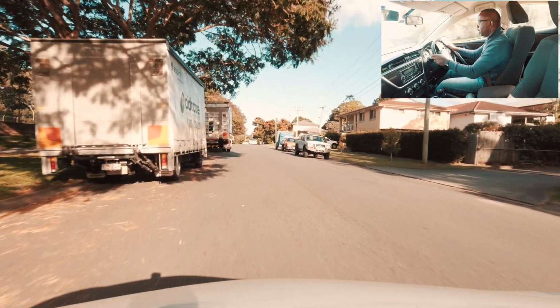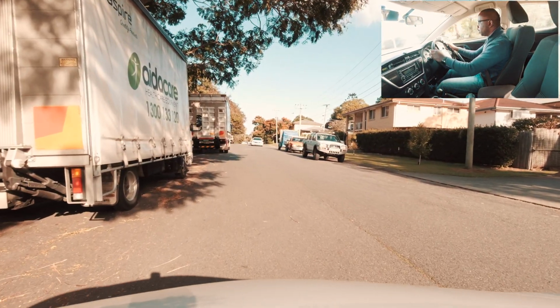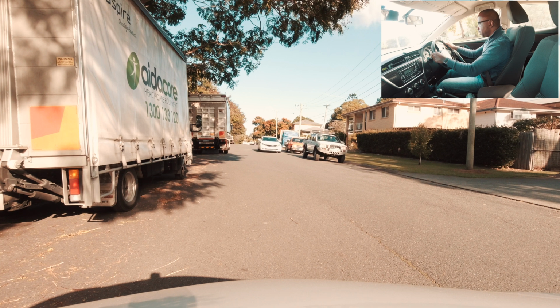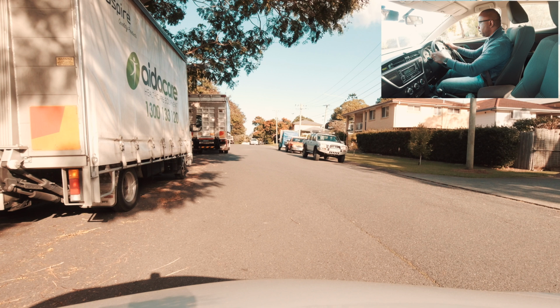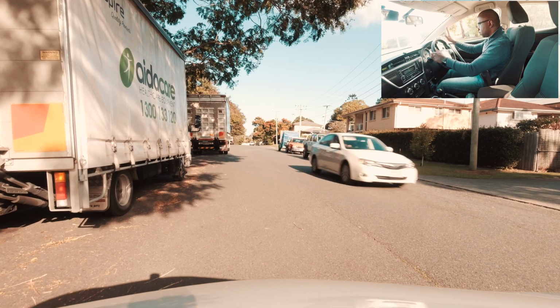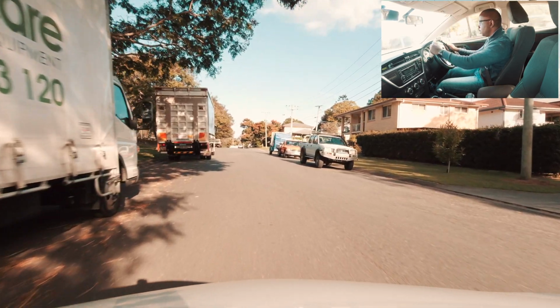And then here there is a car coming, so I'm actually gonna stop and wait for it. Very important. Okay, there's another one, so I'm gonna wait for it as well. And then